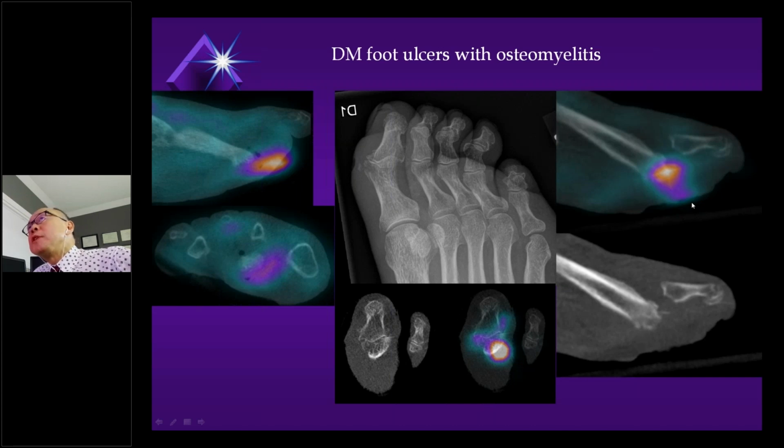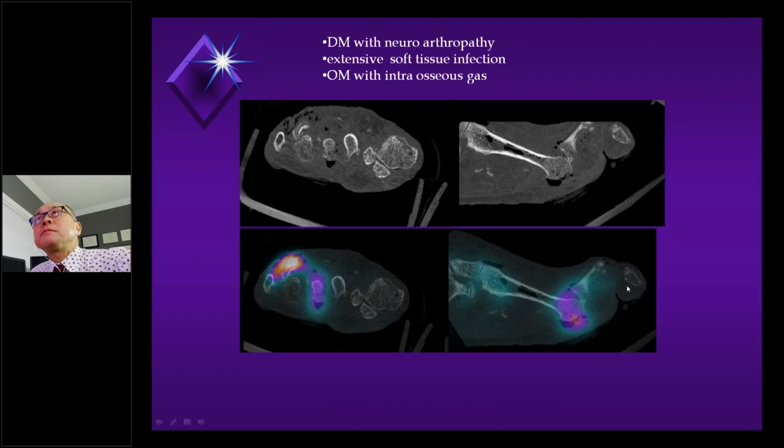And this one beautifully demonstrates the extension from this ulcer, which is the source of the infection, to deep soft tissue right into bone territory. You can see here on CT the bone contour, and so clearly there is osteomyelitis involvement. That's an easy read. Now, this patient clearly has advanced, terrible diabetic neuroarthropathy with deep soft tissue infection, gas adjacent